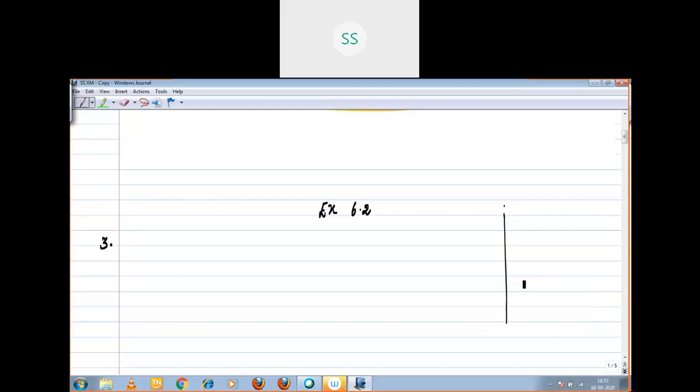Now, see here, a man is standing. This is your A, B. Then you have to connect with the wall. Right? Here is your window. This is the top of the window. This is the bottom of the window. Right? Say yes or no, children.